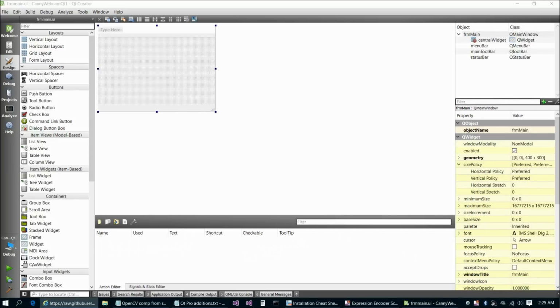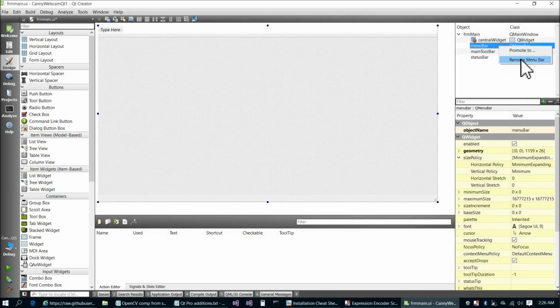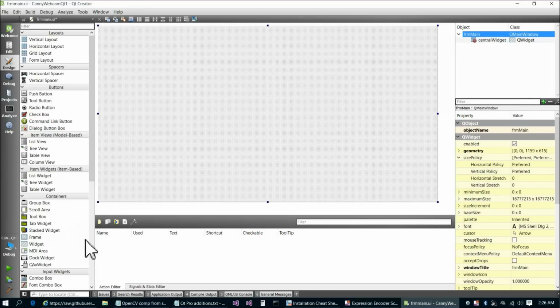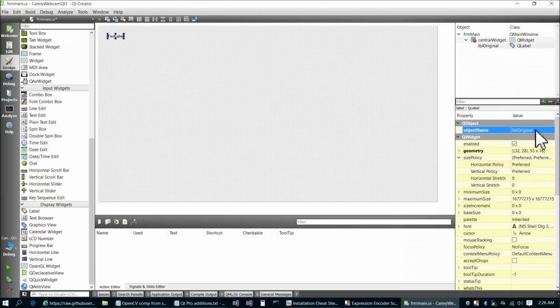So this is a pretty easy form, we just have 2 things to add, a label original and a label canny. So let's go ahead and make this a little bigger. We can remove these things here that we don't need, remove, remove and remove, and let's go ahead and add our two labels now. So label, and we'll go ahead and name it now, label original, go ahead and resize it, and label canny, go ahead and add that, so resize it,